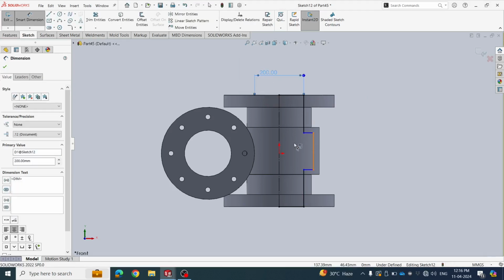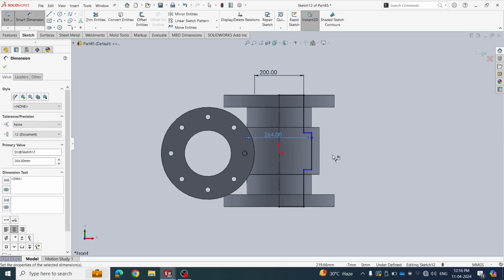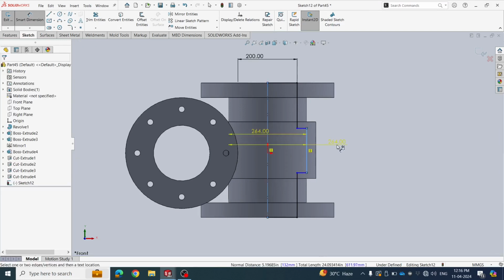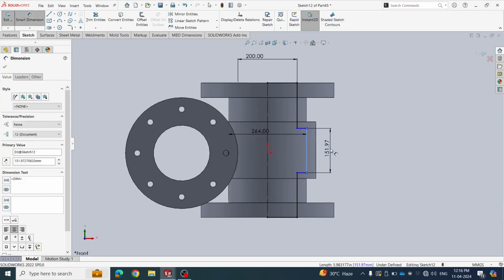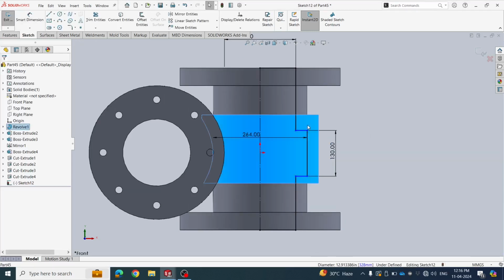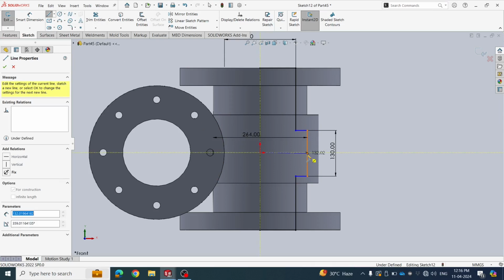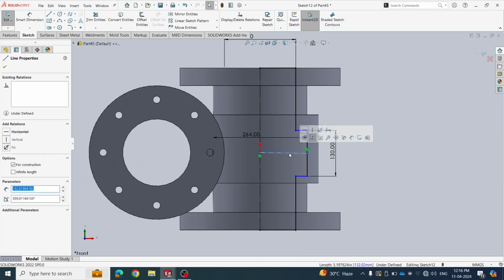and here mid to the 264 mm, and this mid plane is over defined, then skip button, then press again smart dimension, then it's 130 mm. Now it's not fully defined because it's not in the middle, so we have many options, then easy to use center line option, then mid plane to the here mid plane, it's not horizontal not vertical, it's create horizontal, then it's completely